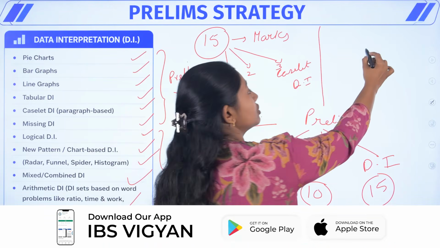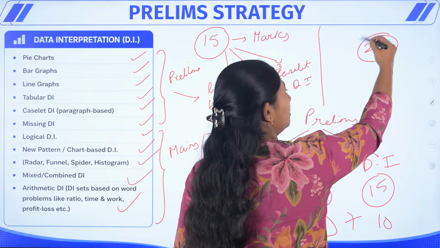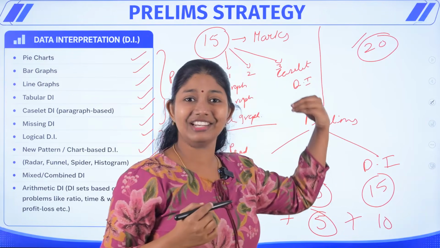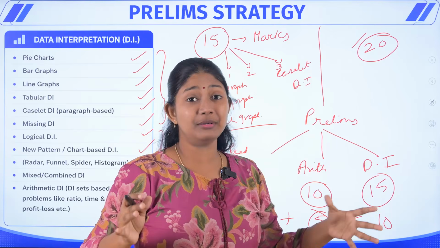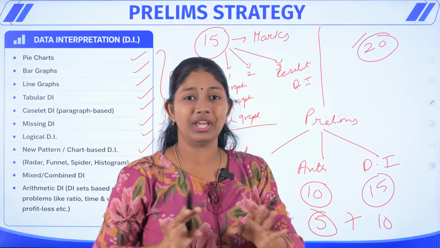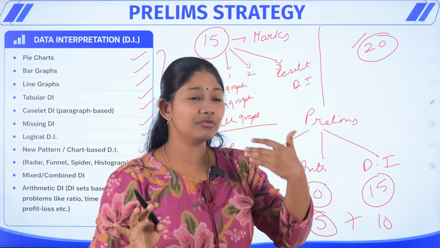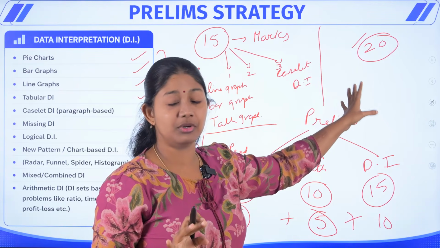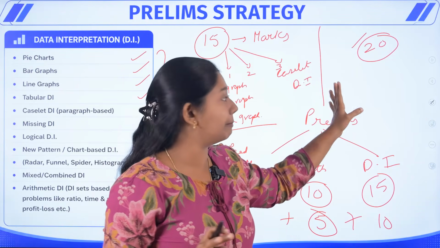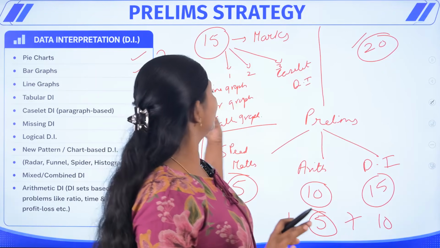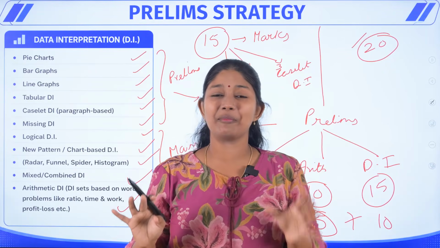So from QA, if you score some 20 marks, minimum 20, then also you can easily qualify this section. Maximum you have to solve with accuracy, no negative marks should be there. So don't put flukes. Whatever you know, just try to attempt, because we have only 30 questions, 20 minutes. So this is the strategy regarding the quantitative aptitude for